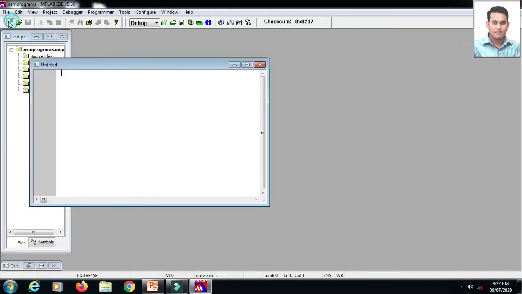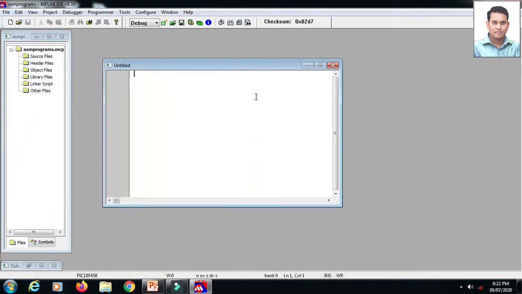Now click on new file, bring the editor window. Here we have to write the program. Whenever we are going to write an assembly language program, we have to add one file that is called the inc file.